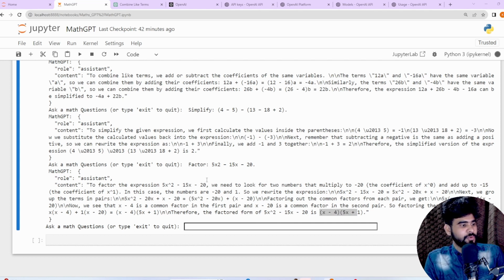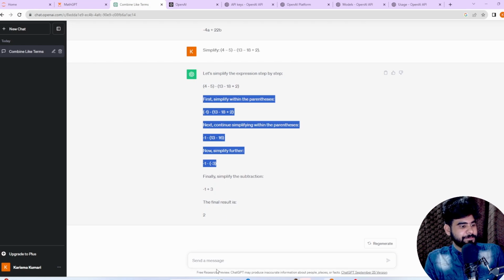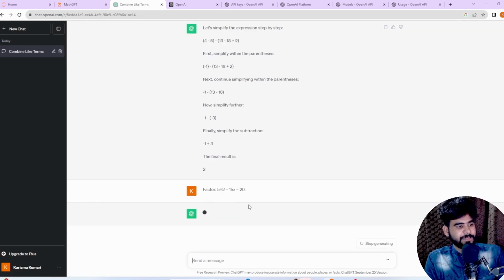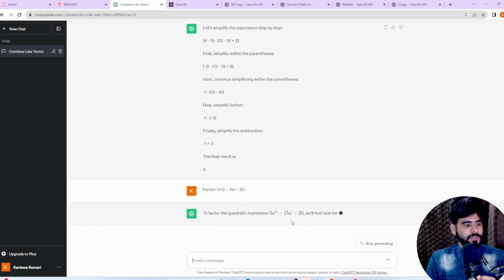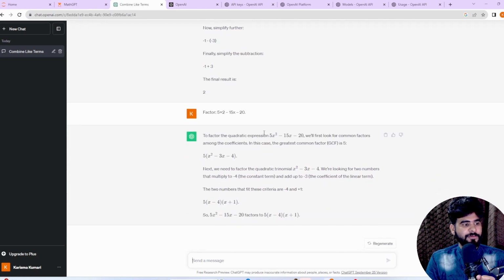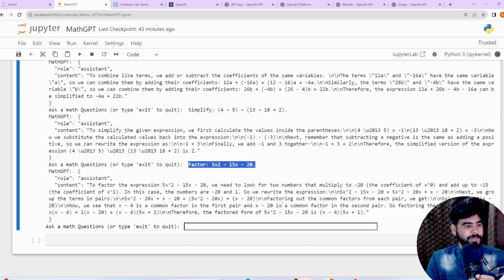So now let me ask the same question to ChatGPT: factor the quadratic equation 5x square minus 15x minus 20. Now as you can see, it takes 5 common. So this is the equation that we are getting, x square minus 3x minus 4, and based upon this, 5 into x minus 4 into x plus 1. So let's verify.